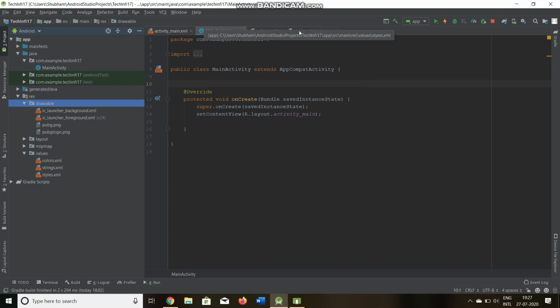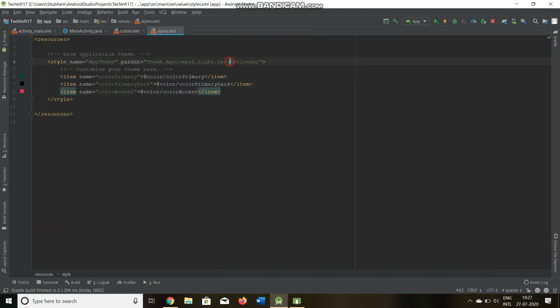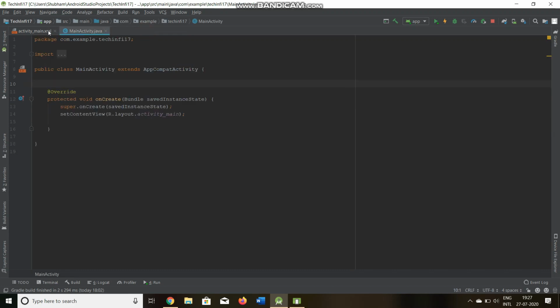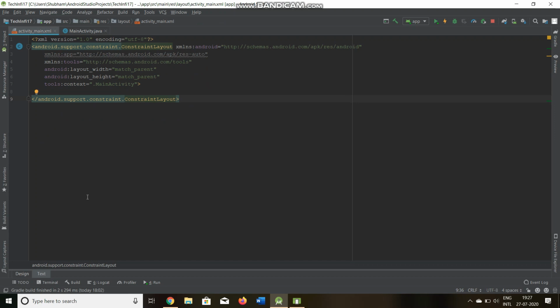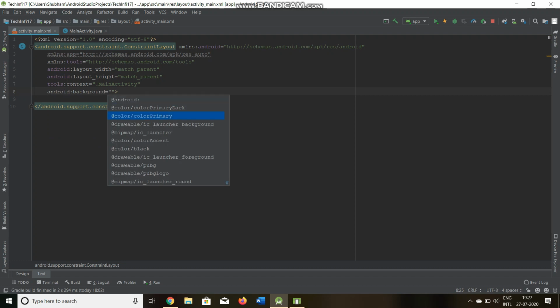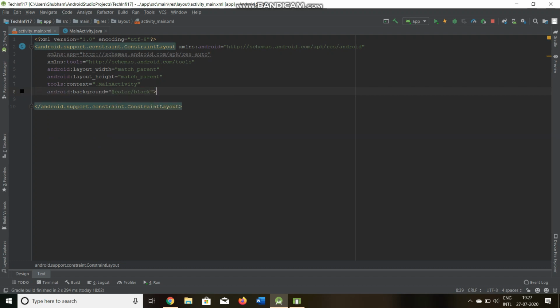Now I'll change my styles to no action bar. You will understand later why I'm changing it to no action bar. Let's close these files now, and frame our activity main.xml. Here I'll start by setting my background to black color, and I need to have two